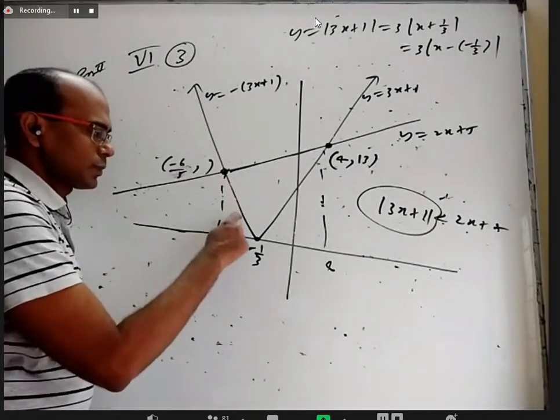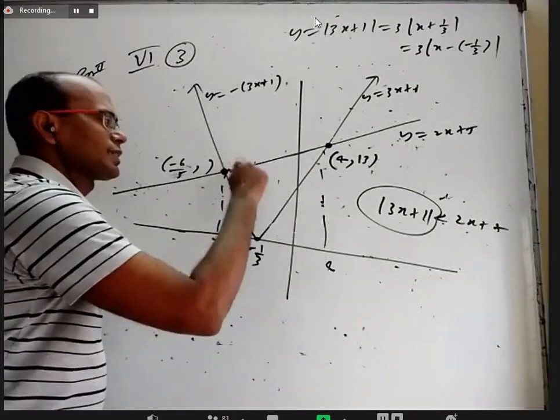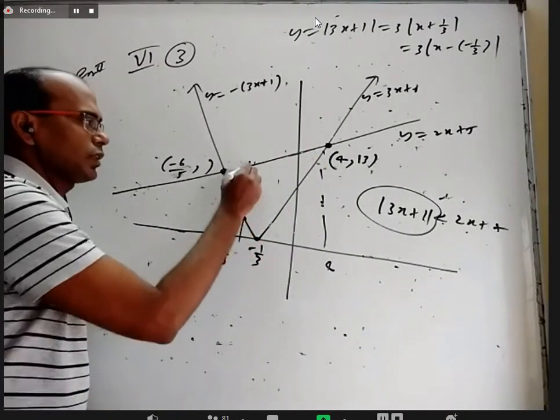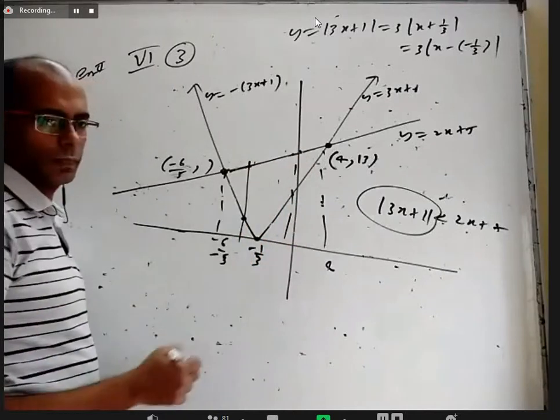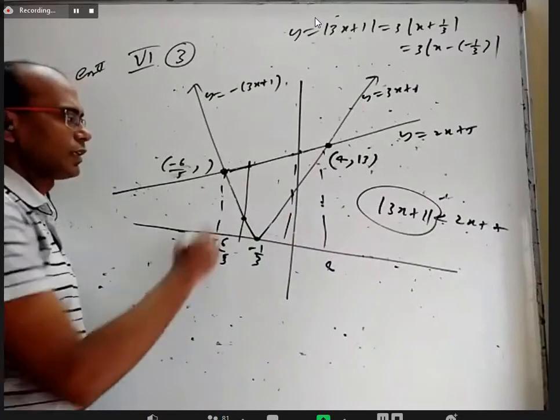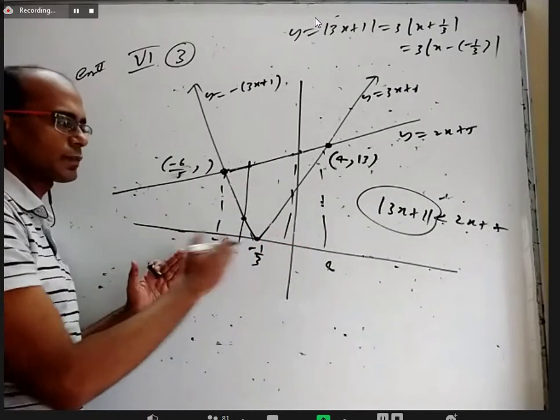Look at all these points on the V shape. They are less than the corresponding values here. If you take any x value here, this is lower, this higher. So LHS is this one, that is less than RHS. Where is it from? x is from minus 6 by 5 to 4.